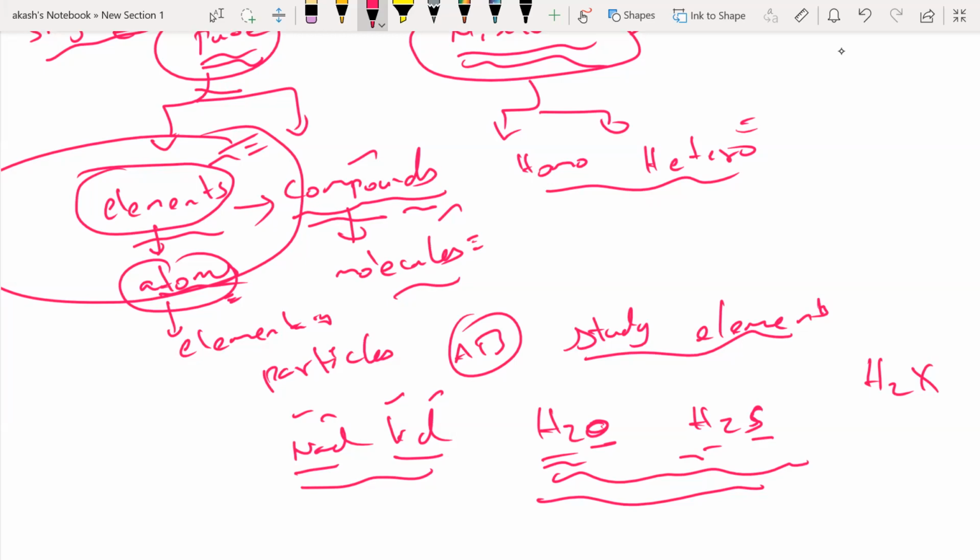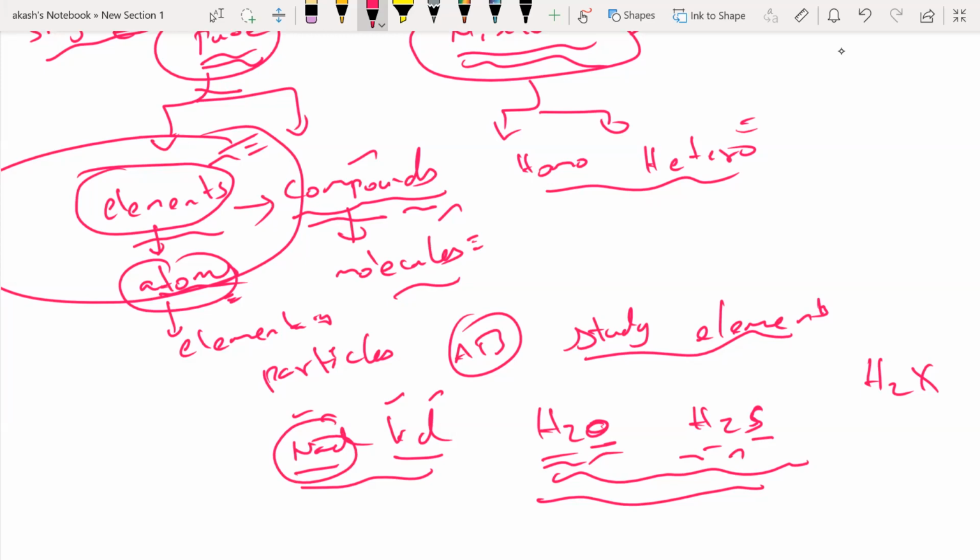So what I'm trying to say is that every element will have its own kind of properties: physical properties, how they look, how they appear, what their strength is, and so on. And how they react with some other element is what is called chemical properties. If you want to know about the physical and chemical properties, you have to take the individual element and study it properly. But since certain elements, like sodium chloride, potassium chloride, H2O, H2S, form similar compounds,